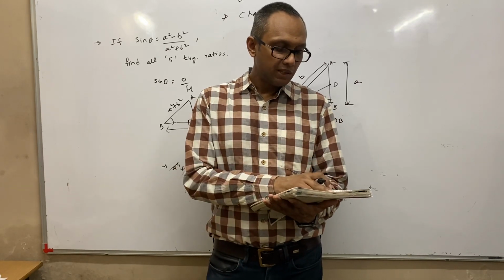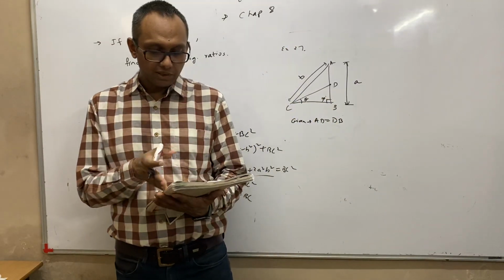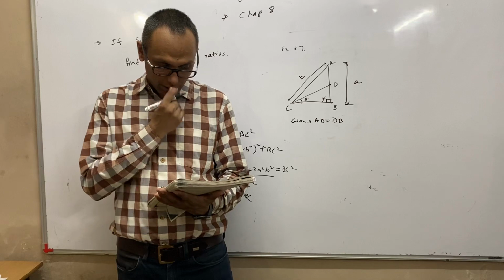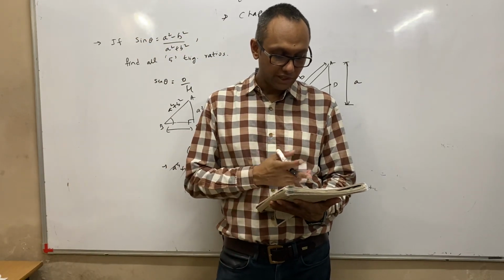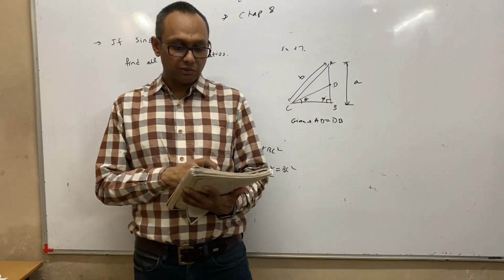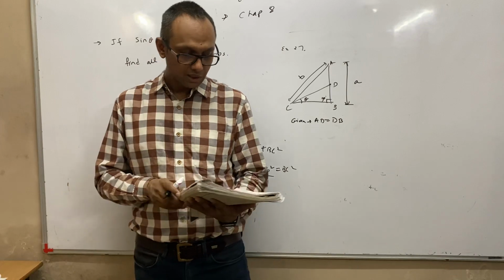Similarly, in example 12, cosec A is equal to 2, or 2 by 1 you can say, and then from there you can get everything. Similarly, example 16 also, tan A is given 1 by root 3 and tan B is given root 3. So again you can calculate all the ratios and then proceed ahead with the sum.